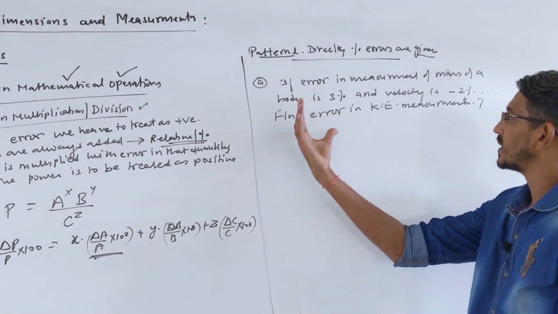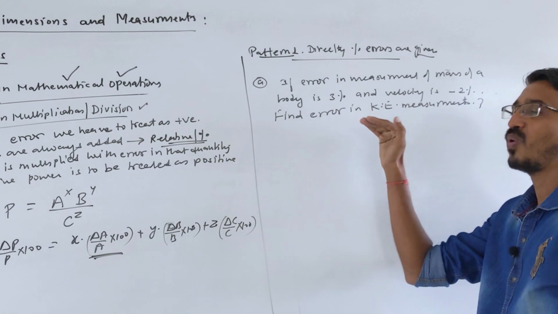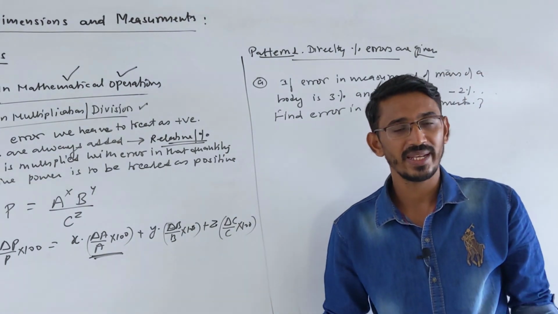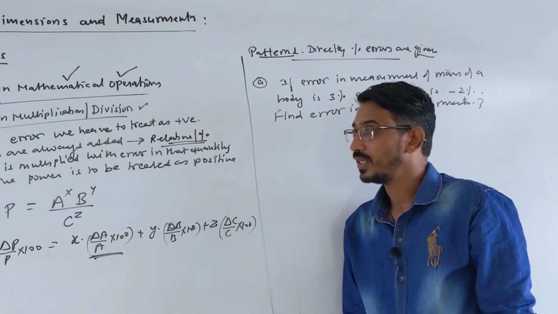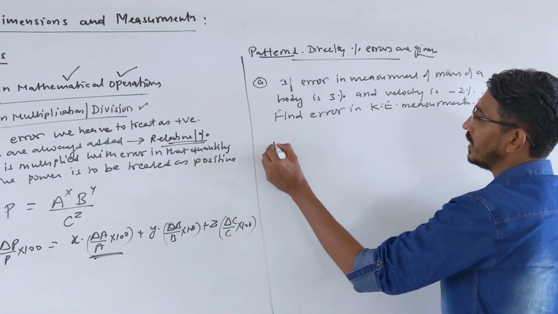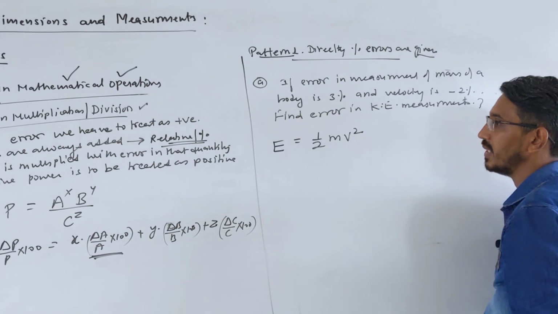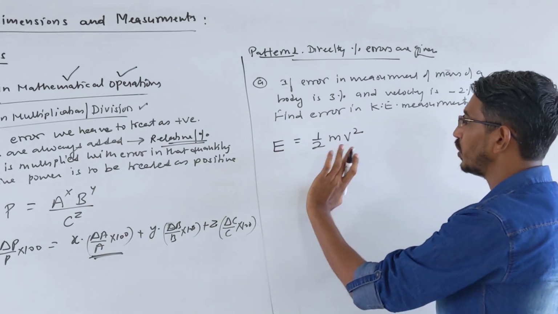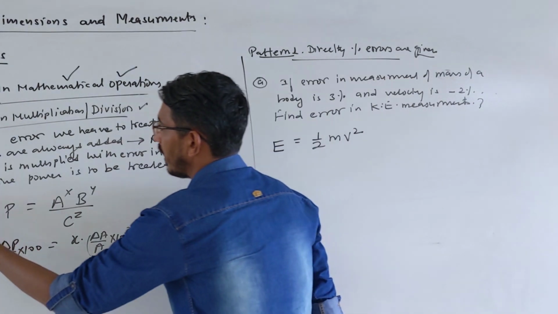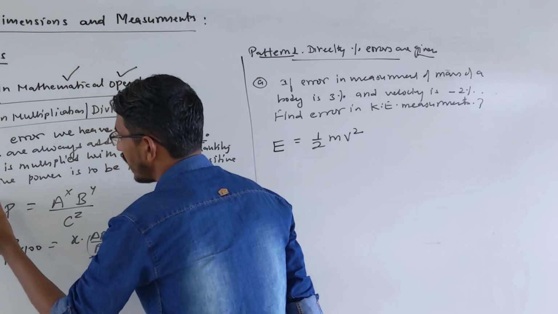So here, this is the first type of question. They will say, and this formula we know, we have to write by ourselves and give the answer. So we know kinetic energy is simply half mv square. Before I solve this, there is one more small thing you can remember. Very important here.